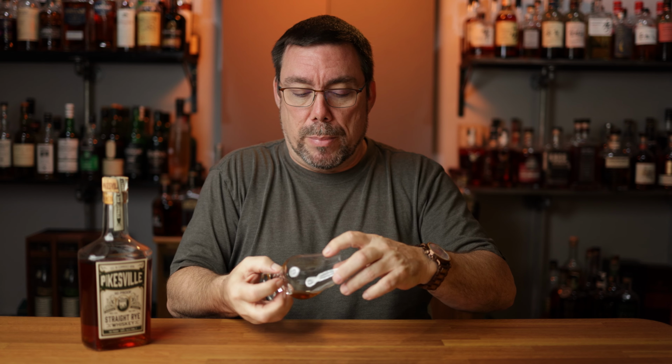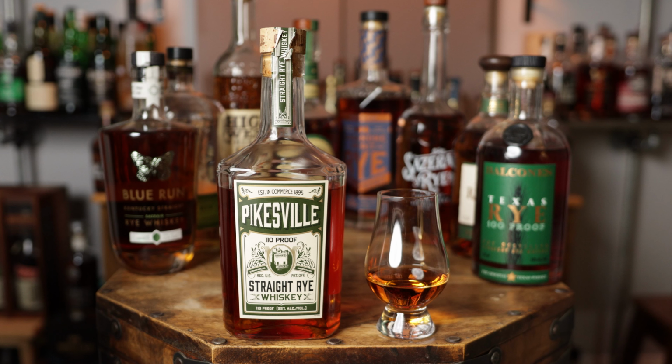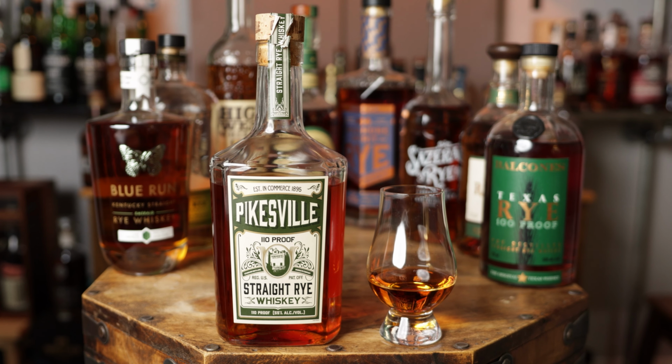Let this do its thing. And let's talk a little bit about Pikesville. So Pikesville as a brand started in 1895 in Maryland. This is considered to be a Maryland rye. And I think the Maryland rye versus the Pennsylvania rye just means that there's more corn content in the mash